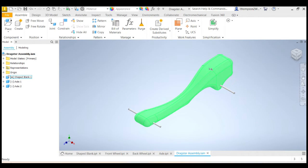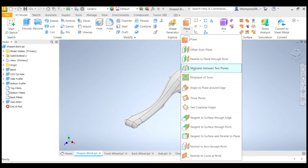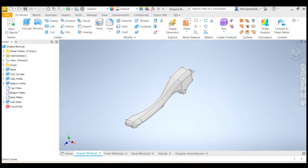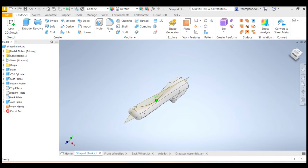I'll show you. First thing I'm going to do is double click on my shaped blank. Double click on it. Now, can you see what's happened? I'm just editing that blank. So I'm editing the part. I'm going to insert a plane, and I want a plane that's a mid-plane between two other planes. In other words, I want to put a mid-plane right down the middle of my shape so that I can use that for aligning. So if I click here, I want to put my mid-plane halfway between that plane there, and if I scroll around to the back, that plane there. And can you see what it's done? It's created this plane here that's right down the middle of my